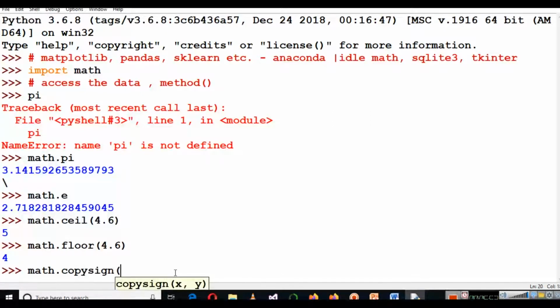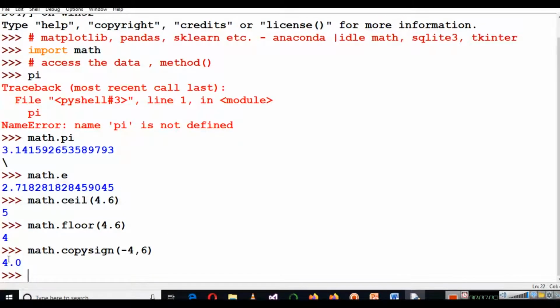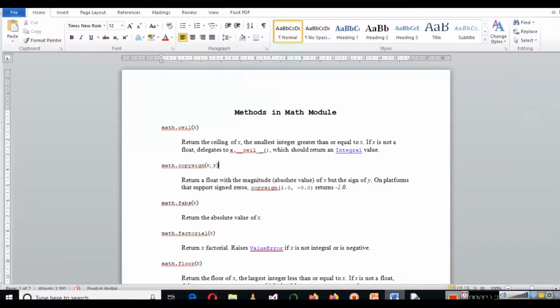For example, I have written -4, 6. The magnitude of x is 4, and the sign of y. So you will get 4, but this method returns a float value, that's why we are getting 4.0. So this is the work of the copysign method.